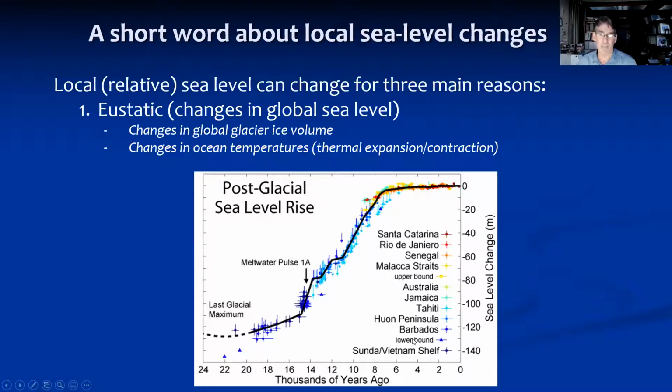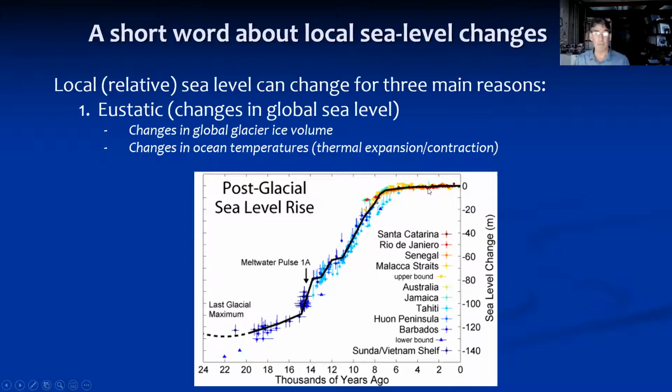And this shows that basically back during the glacial maximum, about 20,000 years ago or so, most sea level records have global sea level about 130 meters lower, so about 400 feet lower than it is today. And then it came out of it and rose up to basically where it is today by about 8 or 9,000 years ago. It was up to near modern, and there's just been little wiggles since then.